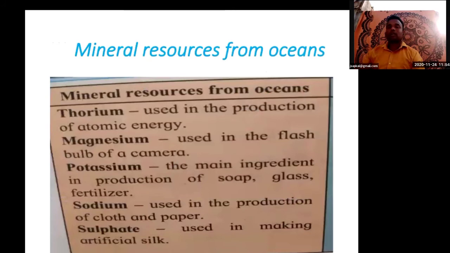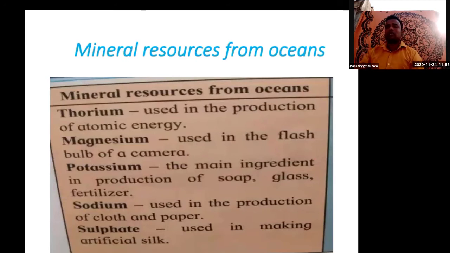So thorium, magnesium, potassium, sodium, and the sulfate. These are the things we get from what? The ocean. Thorium is used in the production of atomic energy. Thorium is the main element which helps to